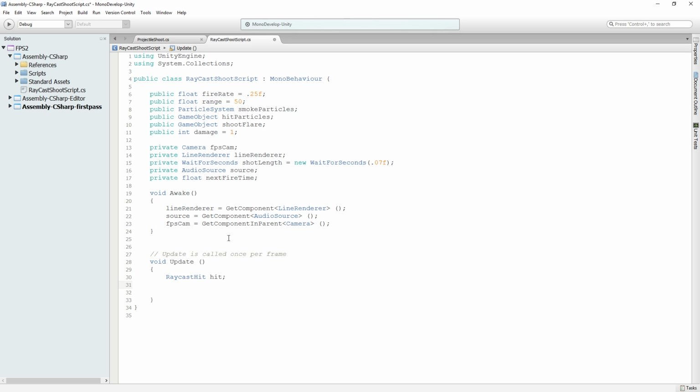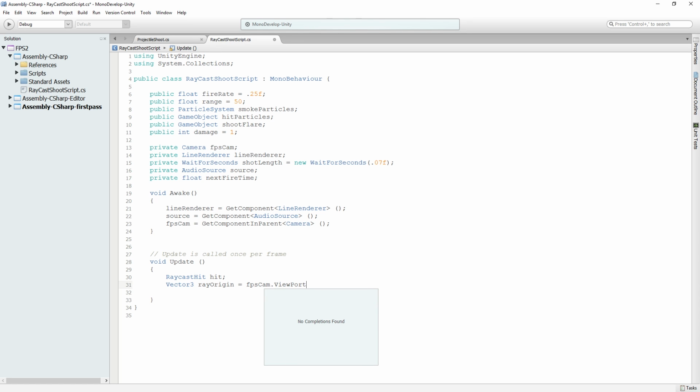Using a raycast hit, we can store a bunch of additional information about the thing we hit, like its collider, its rigid body. We can get references to scripts that are on it, and we could do a lot more with it. So because we're going to want to interact with the things that we're shooting, we are going to store information about them in our raycast hit called hit. Next, we're going to declare a vector3 called rayOrigin and set it to equal